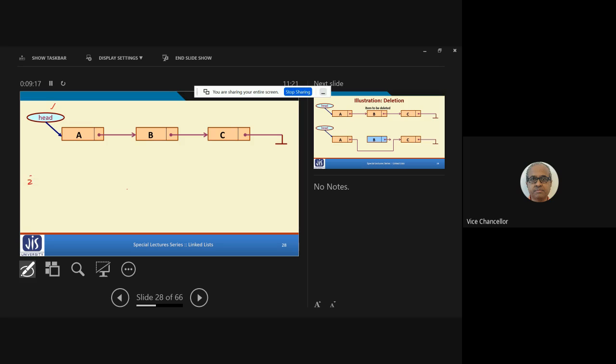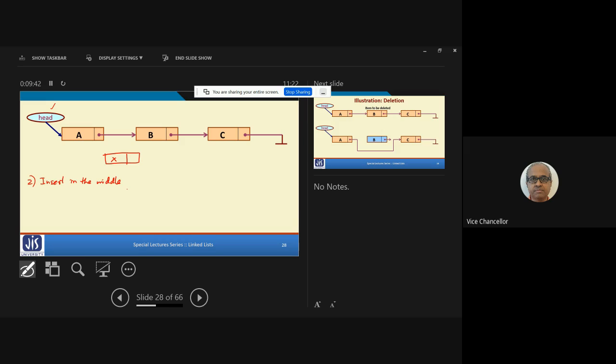The second scenario is insert at the middle, somewhere in the middle. This is the scenario which I had explained in the previous slide. Suppose I want to insert this X between A and B. Then I have to modify 2 next pointers.